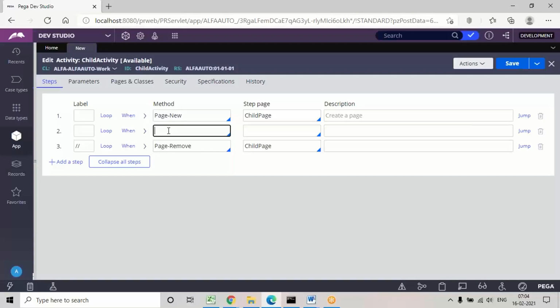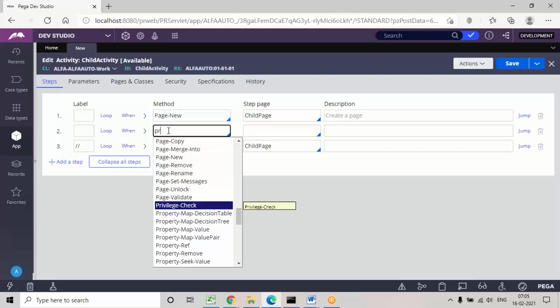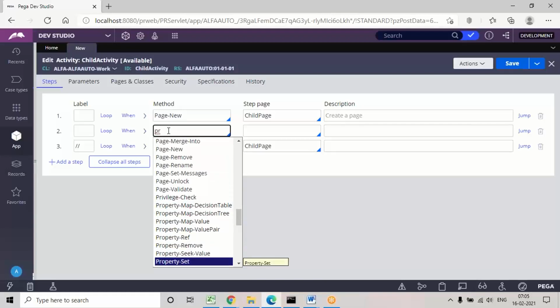But the next method I'm going to discuss is property set. What does property set mean? In order to assign values from one property to another property, generally we'll be mapping in today's session. Don't worry about the logical part, just understand the debugging process. But in the coming scenarios, we'll be mapping from work to data, data to work, integration to work, data to integration, like the different mappings we'll be doing. At that time, always for any two sets of properties, like if we want to map work to table and table to UI, or any mapping we want to do, we'll always be using a method called property set. This is the regular method used in most activities.